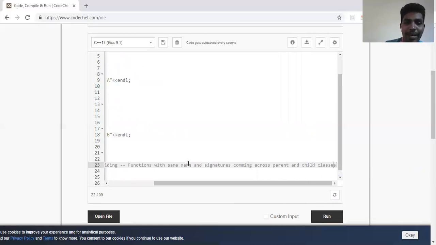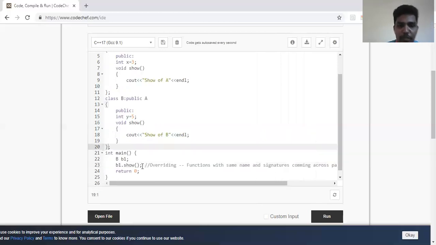You can see here, a parent and child have the same function called show. Now, when I create an object of child and call show, which show will be called? It goes for overriding and calls the show of child.